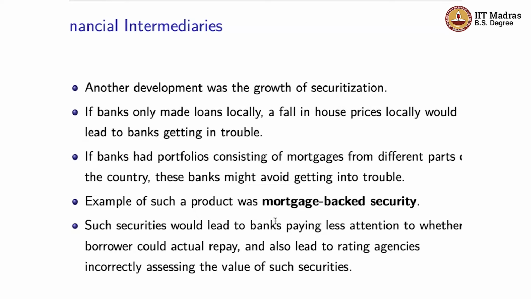So we'll again take a deeper look at this object as an example of financial engineering gone wrong, but for now, just treat it as an object, right? So what this asset, the mortgage-backed security, did was that it led to banks actually paying out to very different kinds of entities.